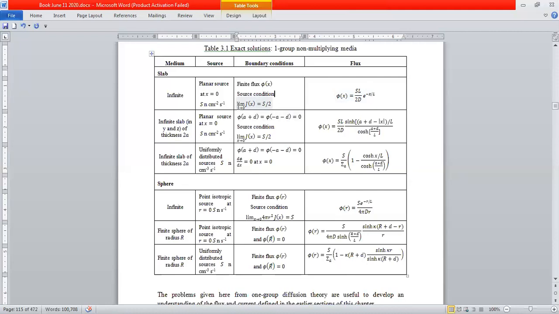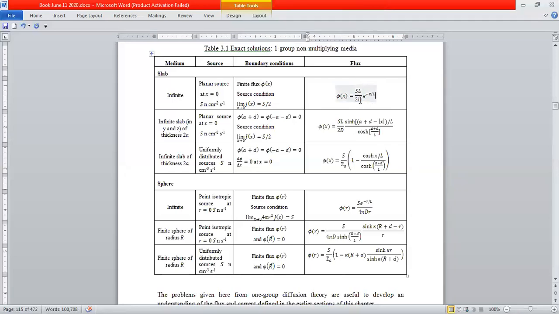Then the source condition. This is a kind of a 0 to infinity problem in x. So let's say at x equal to 0, J_x is S by 2. So half the neutrons are traveling right and half the neutrons are traveling left. So here's the flux. Now let's look at the flux. What do I get? First of all, the x dependence looks good. I have no problem with it. It's going to be finite, it's going to die out, and at x equal to 0,